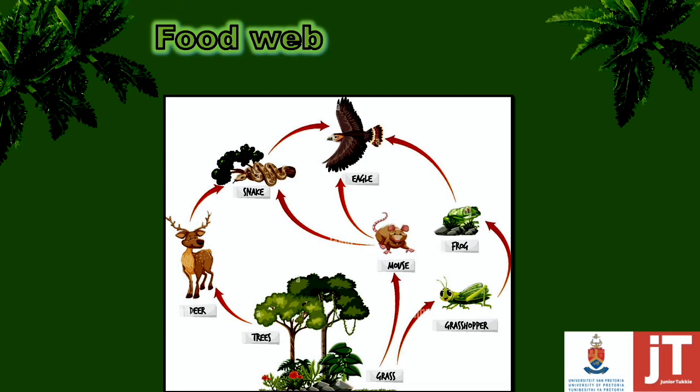I can ask in a question for a food chain with 4 trophic levels, so you want 4 organisms involved in that food chain. You will start with the tree, for example, and move on to the deer, the snake, and the eagle, which is 4 organisms. Or even 3, where it is the grass, the mouse, and the snake, or even the eagle, which then classifies as a food chain which is 3 trophic levels long.